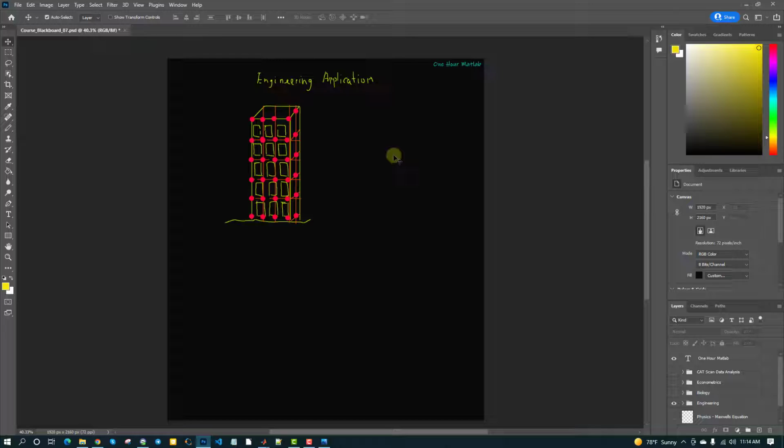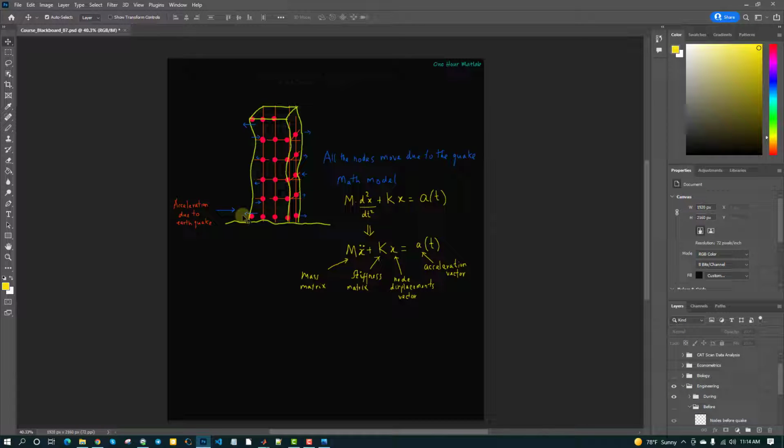All right. Okay, we are looking at an engineering application in Matlab. Imagine a tall building which is being subjected to an earthquake, and the response of this tall building we are going to model in Matlab, and I'm going to show how it's usually done by earthquake and civil engineers. So the acceleration due to the earthquake can be easily measured with sensors,